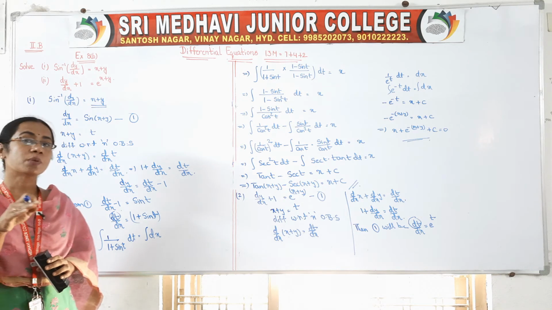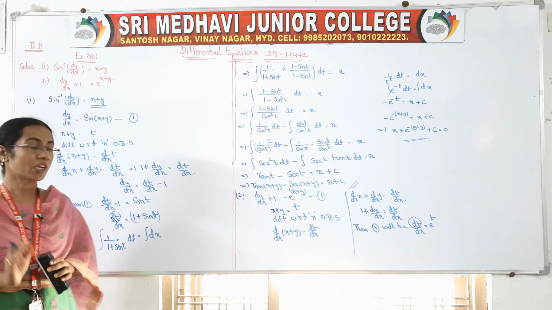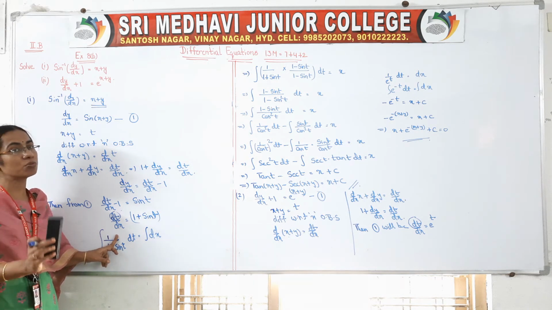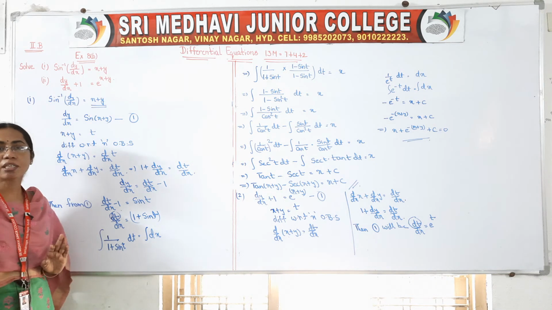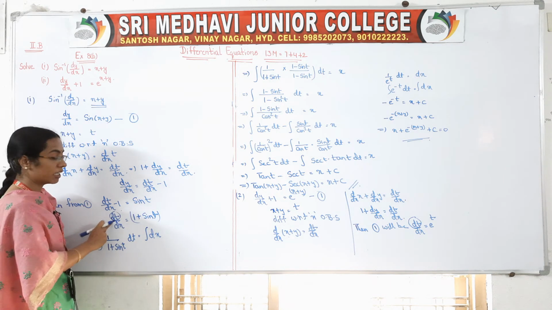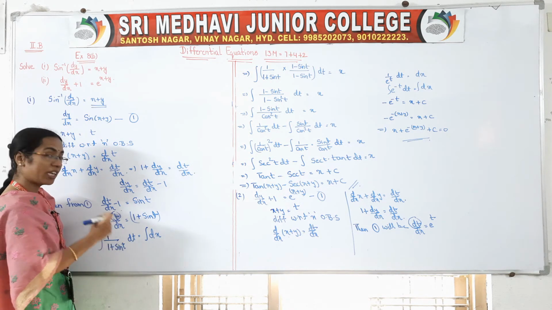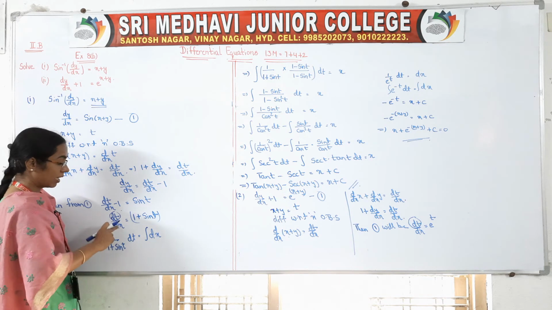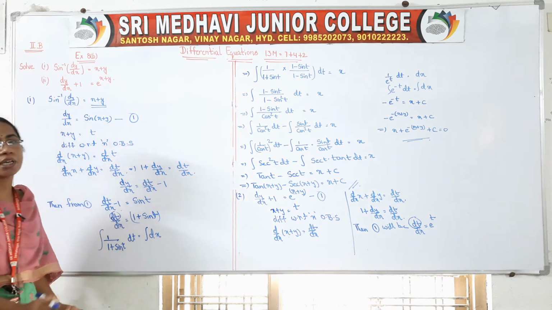So now your problem variables are t and x, not x and y. So dt by dx means all the t terms should come along with dt, and all the x terms should come along with dx. So bring this one to this side, the other side. Where dt is there, on this side, bring this one to this side, and dx downwards, right? So send that one to dx. So we have to separate the variables.